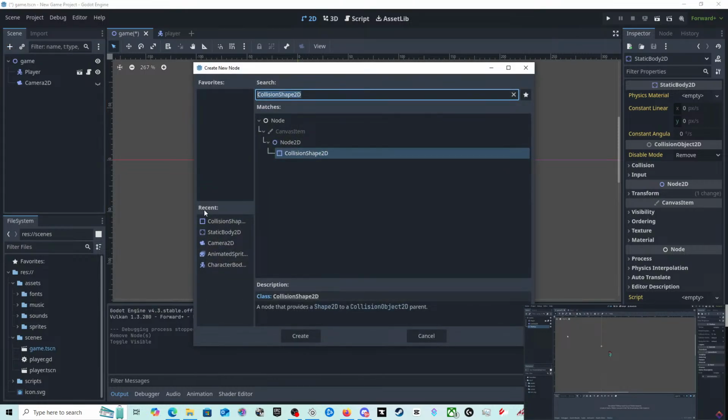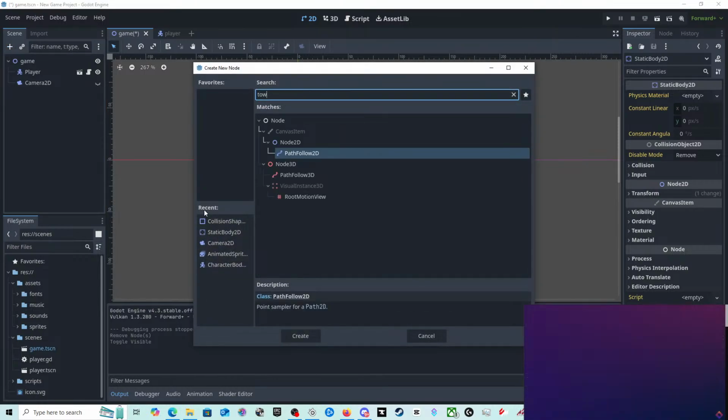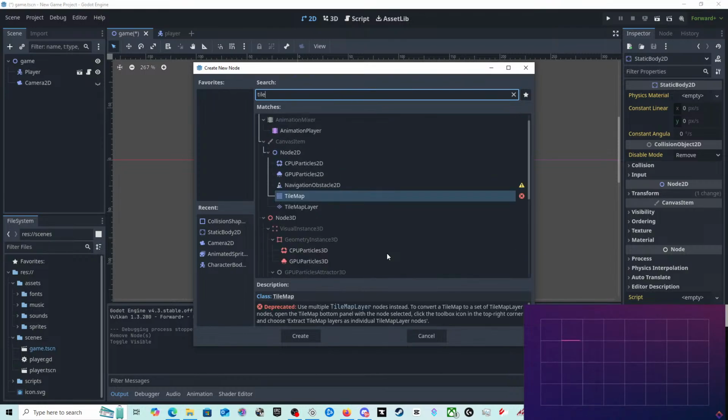Now, the most common way to create levels in 2D is by using tiles. In other words, we build levels by drawing different tiles onto a grid. Tile map. This is a great way to work because we can create a lot of varied levels using just a few tiles. This thing is cool the way that does that.